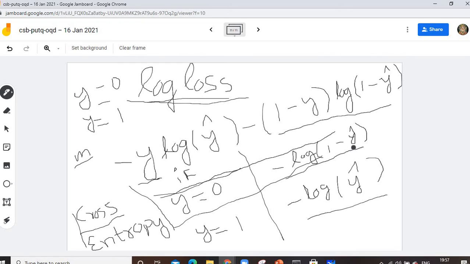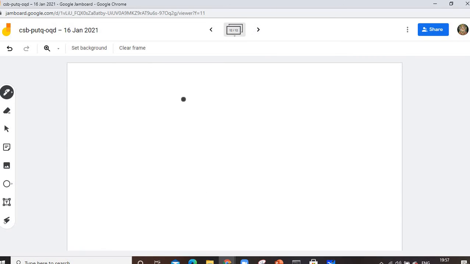Okay, fine. So next we'll apply this with our actual problem. What is our actual problem? I have in the x column different hours of study, and in y I want to predict, if the student studied more than 6 hours or more than 7 hours, whether the student will pass or fail. This is pass or fail, 0 or 1. This is our problem statement.